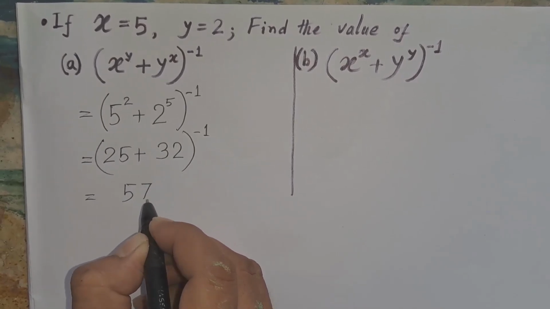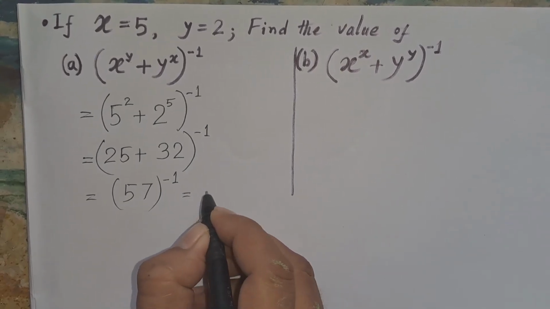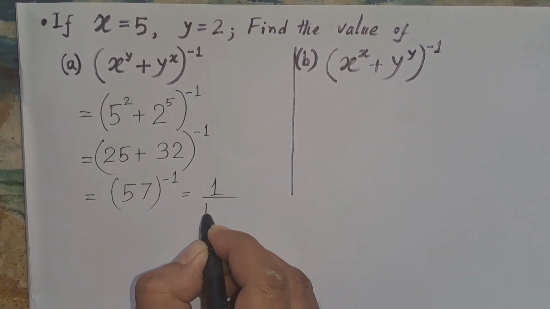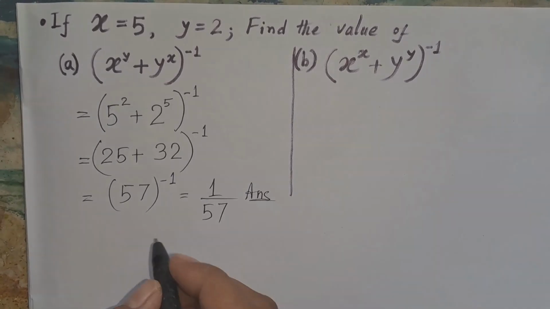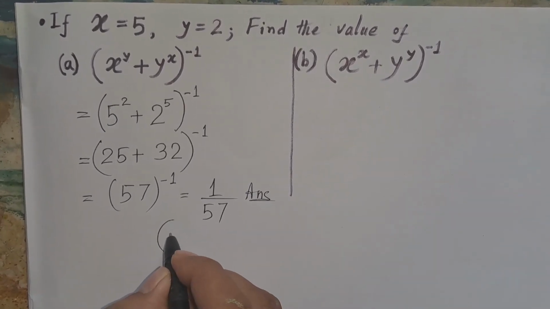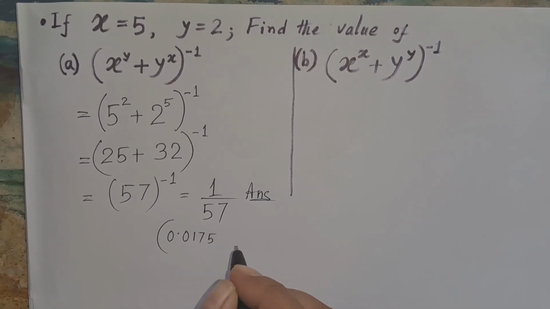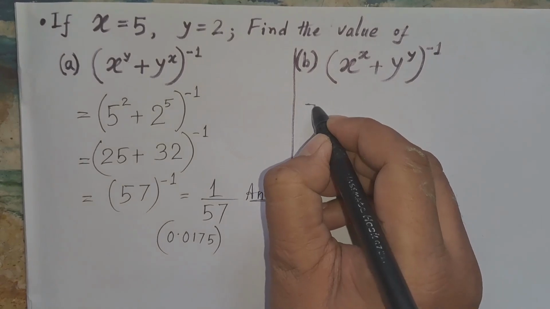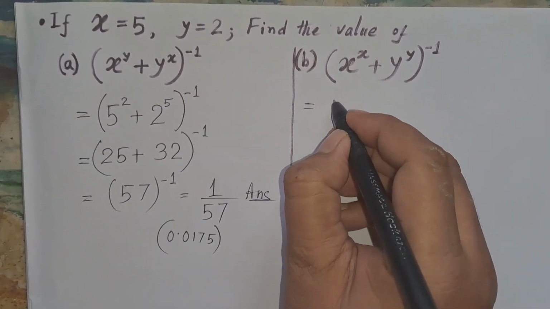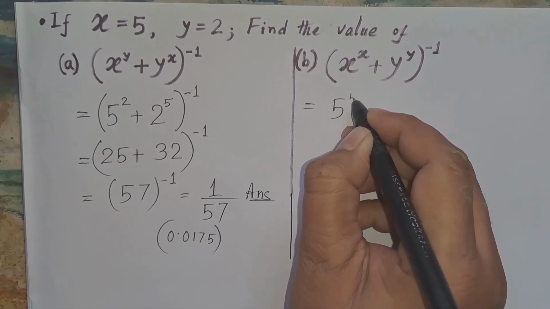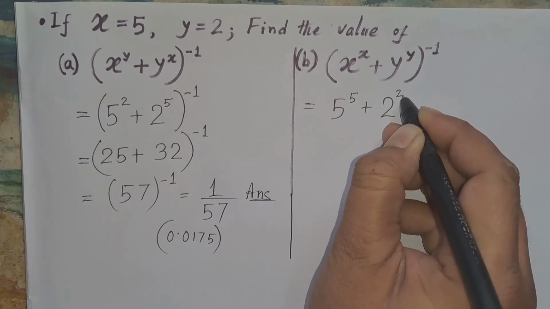Now add the 25 and 32, you will get 57. The power is minus 1, so I can write it as 1 by 57. As the power is minus 1, it will become its reciprocal number. This is the answer. You may write the 1 by 57 in its decimal form, as I have written 0.0175. Now the next one, x to the power x, that means 5 to the power 5,